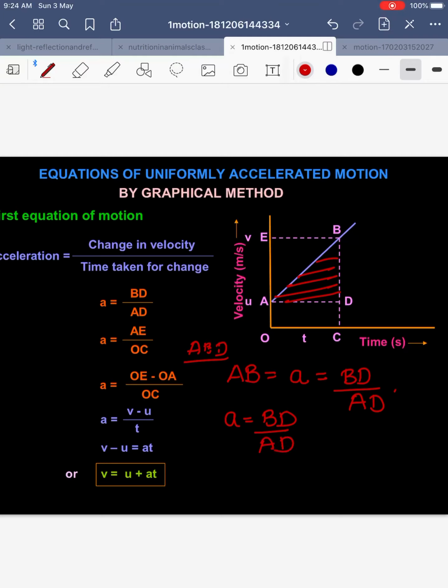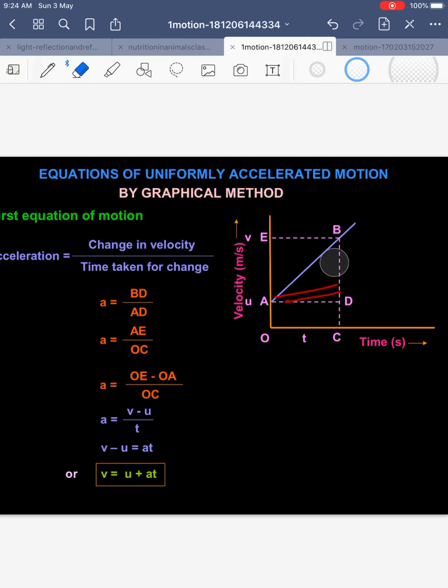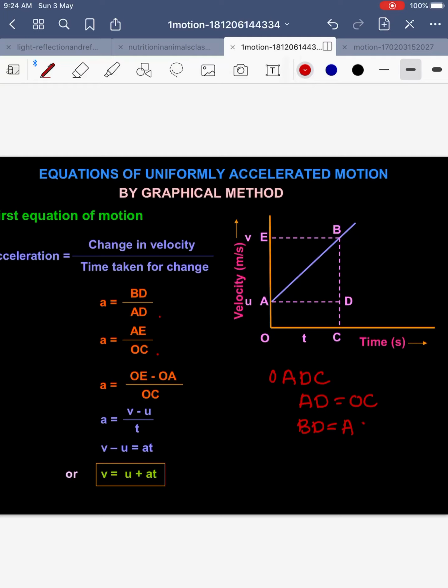Okay, this is what they have written up to here. Okay, so after that what they have done, now in place of AD we can write OC. Okay, in place of AD, because naturally OADC is a rectangle, so the opposite sides are equal, so that is why AD is equal to OC. So in place of AD they have written OC, and similarly in place of BD they have written AE, because